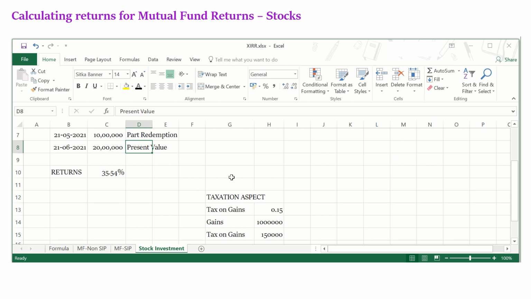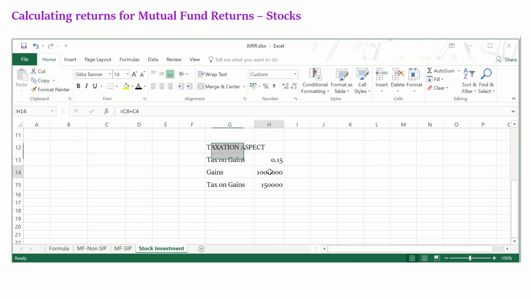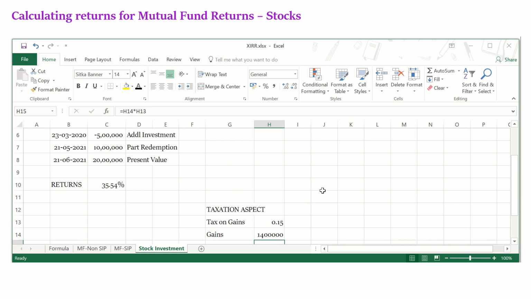And post all the sale, say you have made a gain. I think the invested amount was close to 16 lakh, and you have redeemed around 30 lakhs. So the gain is around 14 lakhs. Being a short term gain, it's around 2.1 lakh you have to pay as tax, and let us assume that you are paying the same day you sold the final tranche. So minus 2.1 lakhs.